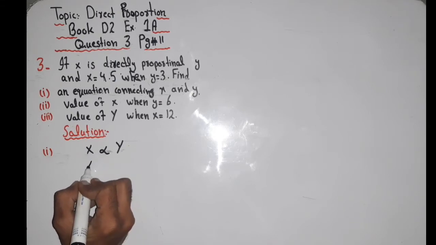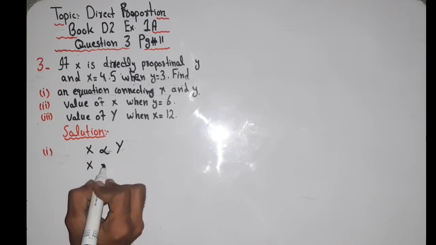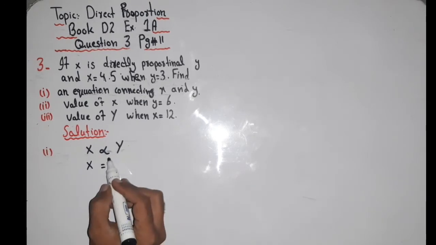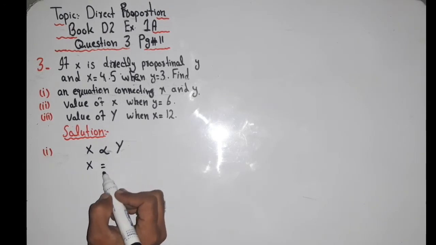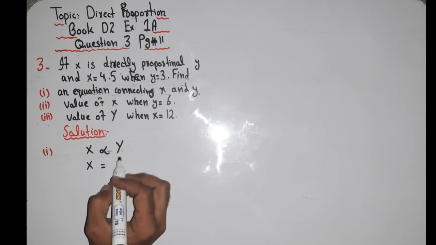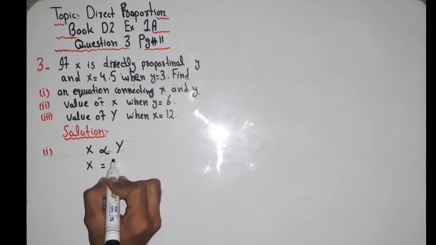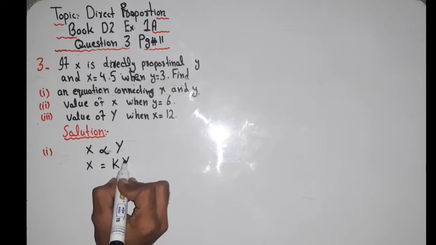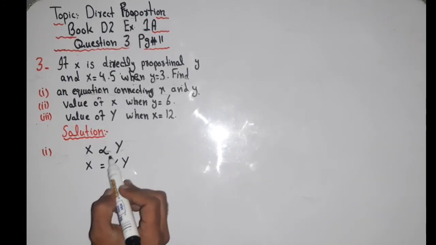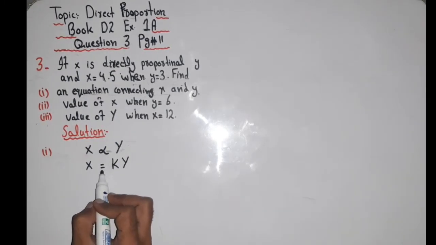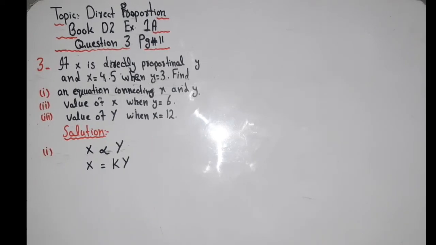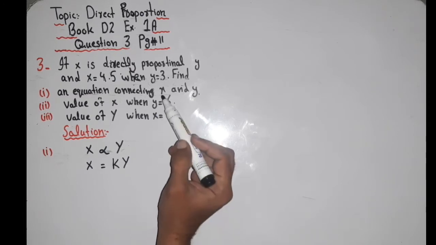So now we have to remove this sign of proportionality, and we have to make an equation. If we remove the proportionality sign, then we will write equal and a constant, k is a constant, and then y. Whenever we remove this proportionality sign, we have to write an equal sign and then a constant. K is here a constant. Okay? So now we have the values of